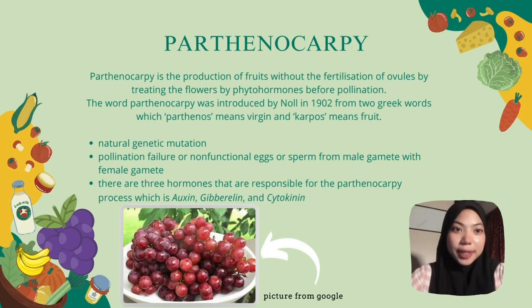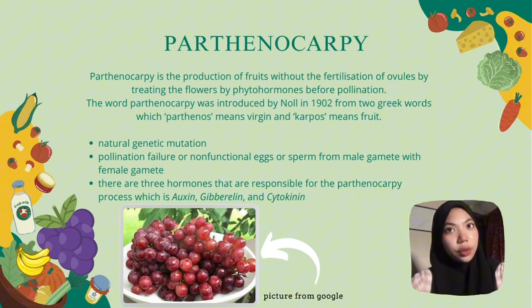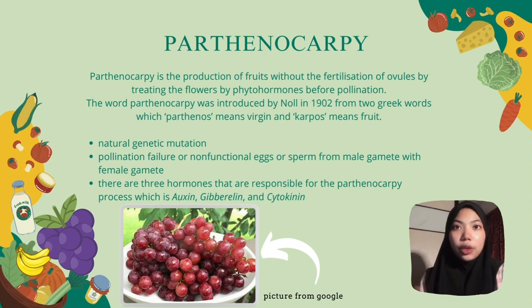Process to propagate seedless fruit. Okay, for the next part is parthenocarpy. Parthenocarpy is a part of the process that propagates seedless fruit. Parthenocarpy is the production of fruit without the fertilization of ovules by treating the flowers with phytohormones before pollination. The word parthenocarpy was introduced by Noel in 1902 from two Greek words, parthenos meaning virgin and karpos meaning